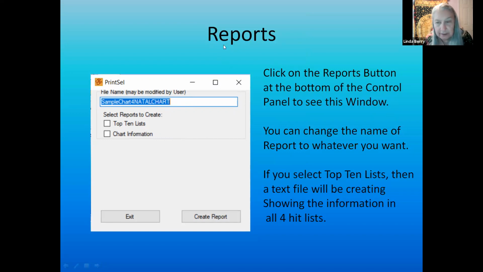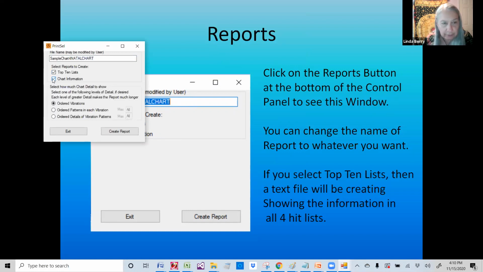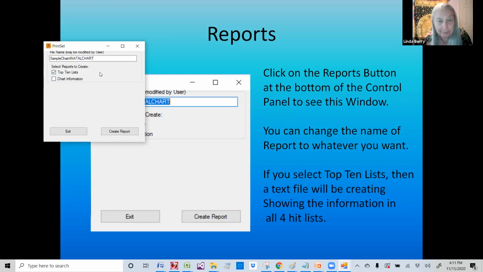And then you've got an option. You could select top 10 hit list, and you can check both of them. You could also select chart information, or you could not select chart information. You could just do top 10 hit list, or you can just select chart information and not worry about the top 10 hit list. Okay, so when you select top 10 hit lists, it's going to print out the information